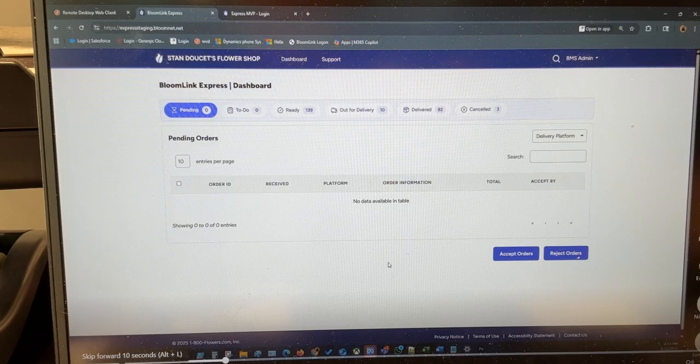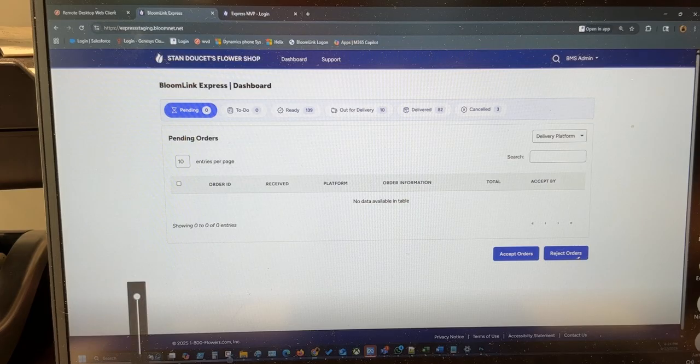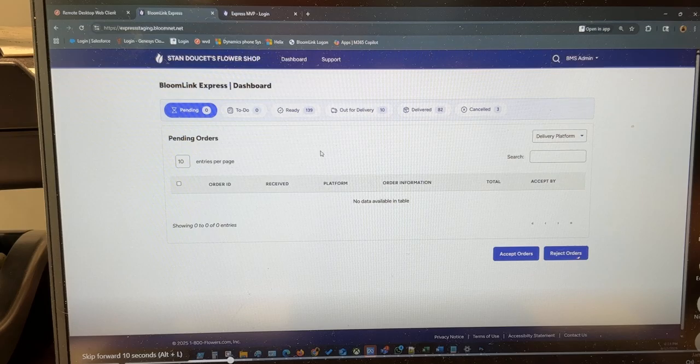The shop, depending on the hardware, if they have speakers connected to the hardware, will also hear a ringing. It's a pretty loud ringing. So the shop has a notification sound, and that's how the shop is alerted. The team is looking into how to send one of those orders into my system. I can go ahead and continue to review the system, and we'll just come back. But again,